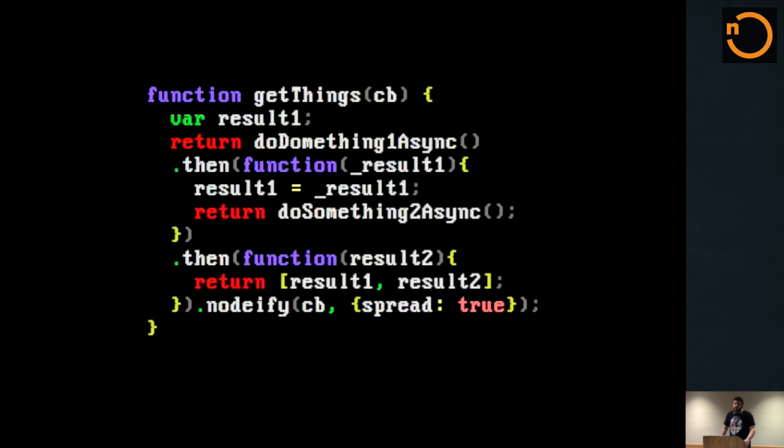That'll make sure that any array that's the fulfillment value of the promise you're calling notify on will be spread across the callback. So it'll be calling it back with, if there's no error, null, and then the first element in the array, and then the second, and so on. That's great. It's nice and backward compatible. It's operating exactly the same as the function we had before, except now it's returning a promise that does effectively the same thing. So that's all good.